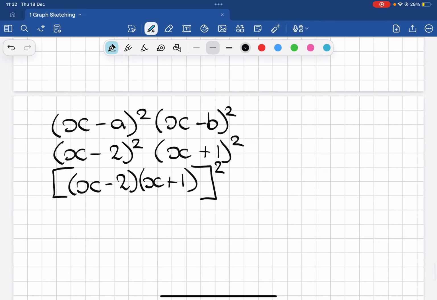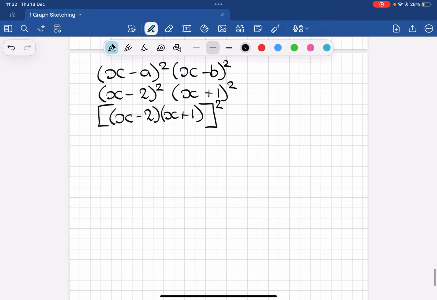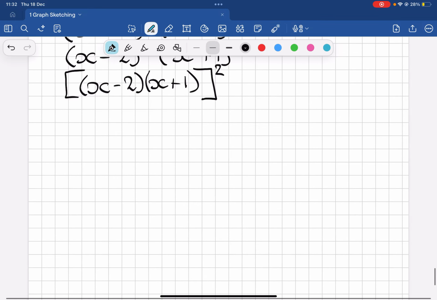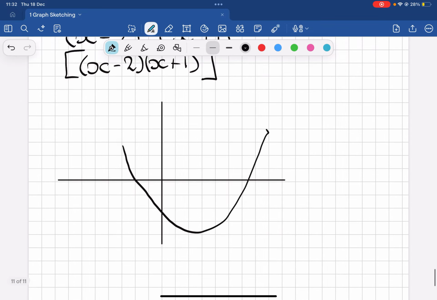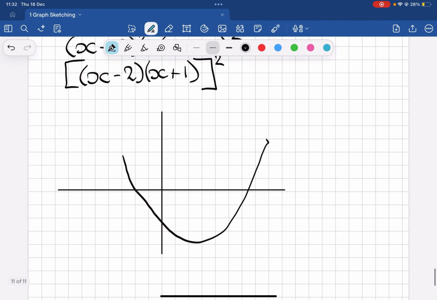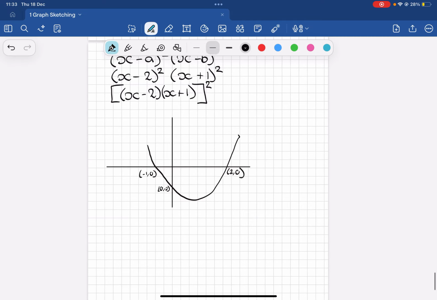So essentially we've got a quadratic all squared, so I think it's best to start off and draw a quadratic. So we've got (x minus 2) and (x plus 1). So we've got roots minus 1 and 2. We've got y-intercept minus 2. So that's 0, minus 2. We've got minus 1, 0. And we've got 2, 0. For a turning point,